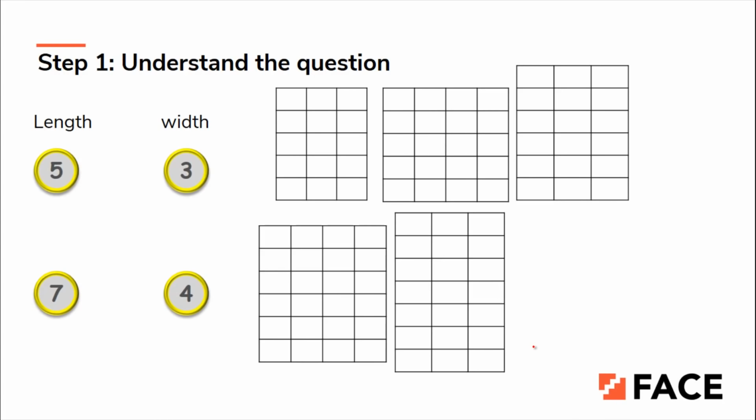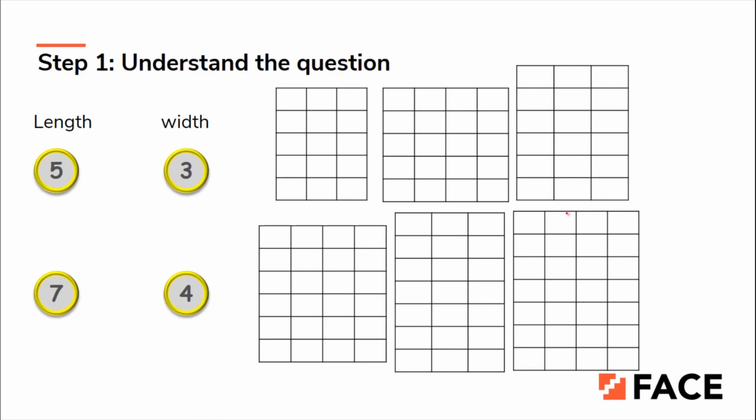Here I'm just drawing all the possible Cadburys. First, if it's 5 cross 3, this would be my Cadbury bar. As I have already discussed, this would be my first piece, this would be my second piece, this would be my third piece, and this would be my fourth piece. So there are totally 4 pieces for 5 cross 3. For the second combination, 5 cross 4, this would be my first piece, 4 cross 4. Now you will be left with one row of 4 columns. So this would be my second piece, third piece, fourth piece, and fifth piece. So totally 5 bars would be available in this case.